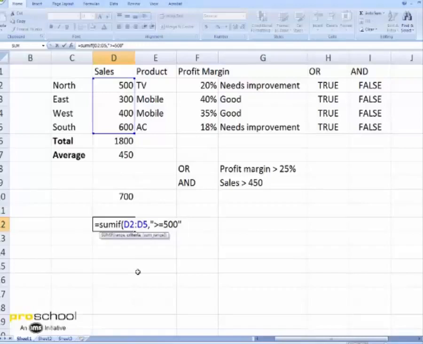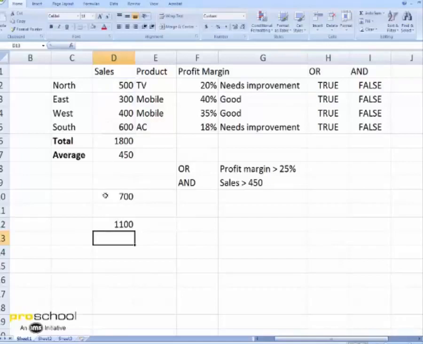The third one says sum range, but sum range is again the same range which I have used for checking. So even if you don't give that, Excel assumes that if you ignore the last parameter, the sum range and the range for checking the criteria are same, and as a result it will give you 500 plus 600 as 1100.